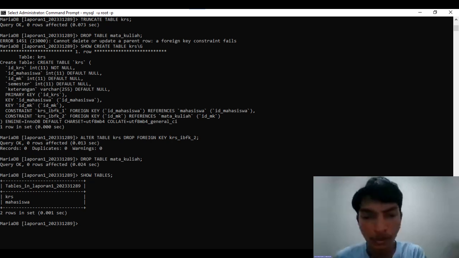And that concludes our walkthrough of creating and managing a simple relational database using MariaDB. We've successfully created a database for students, courses, and course registration. We also applied primary and foreign key constraints to ensure the integrity of our data. Along the way, we modified our table structure and resolved issues related to foreign key constraints.